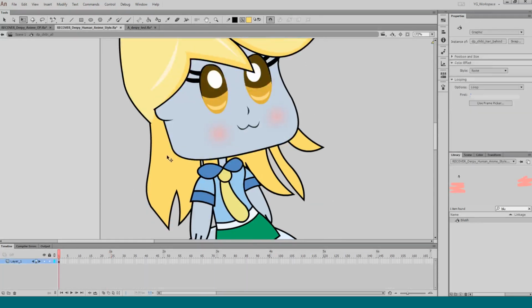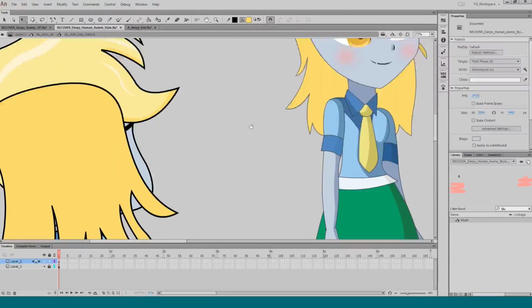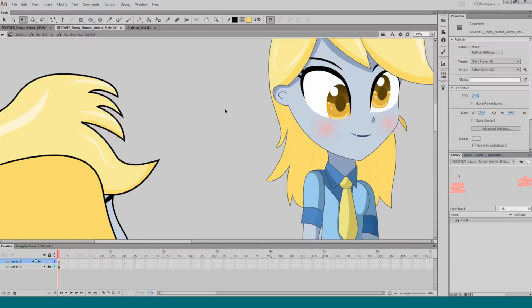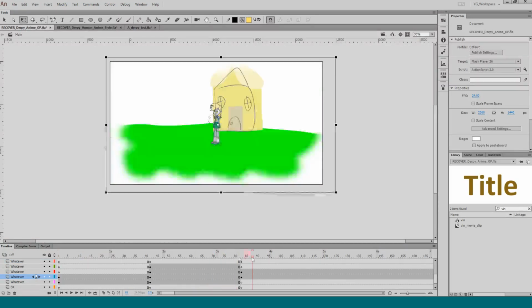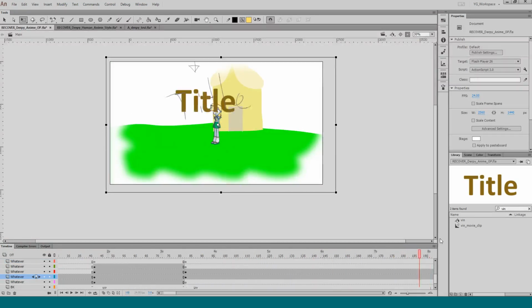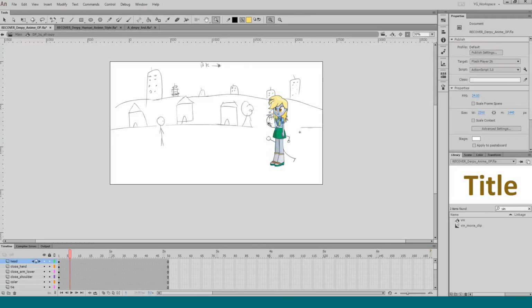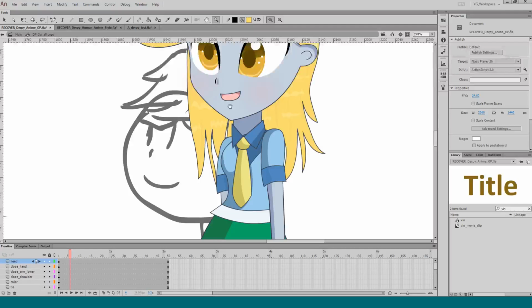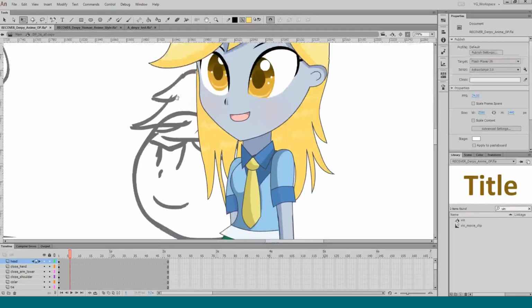Cool. Oh, right. I was gonna add a little bit of texture hair in here. No, I changed it in this one. Where'd I put it? She's in bed. Can I see from here? Nope. Okay. You kind of see my different art styles there.